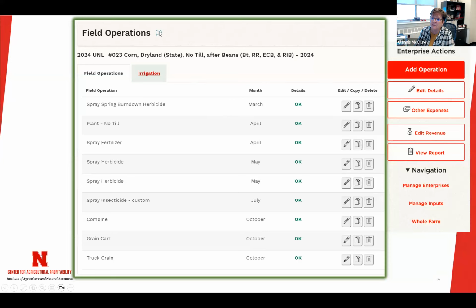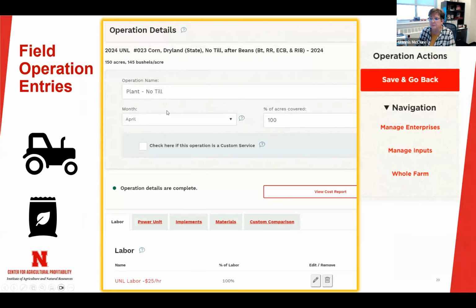Also, as I'm here, I want to mention you'll see throughout the program there are question marks like this, and that's just a help message. What are we asking for here? That's kind of a key thing too. And then we get into those details, what's behind the scenes there. Again, I name my operation. I say when it happens. In this case, I'm planting 100% of the field,